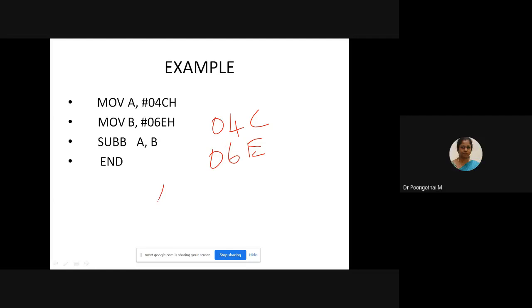That is 4C minus 6E. That is subtracting a larger value from a smaller value.